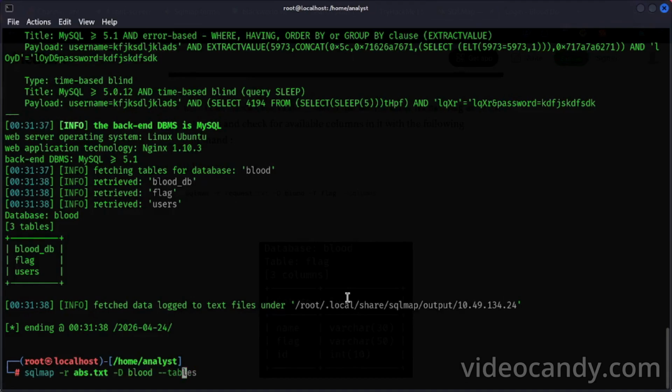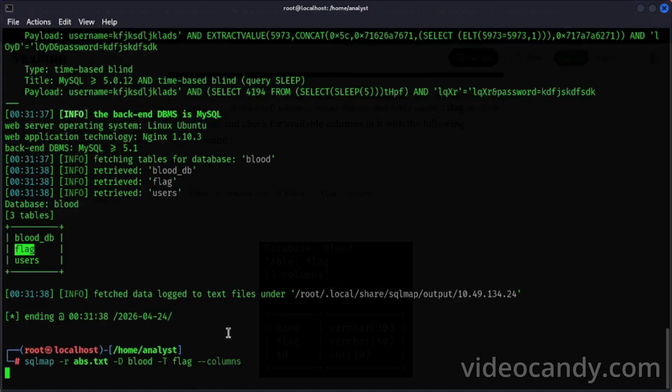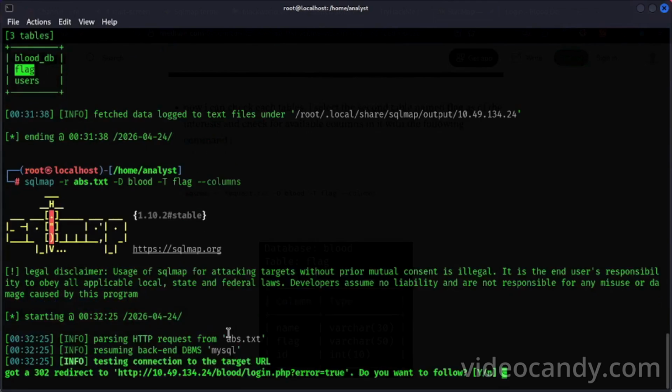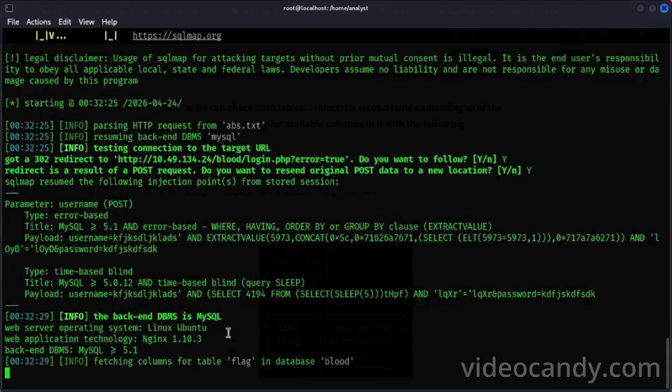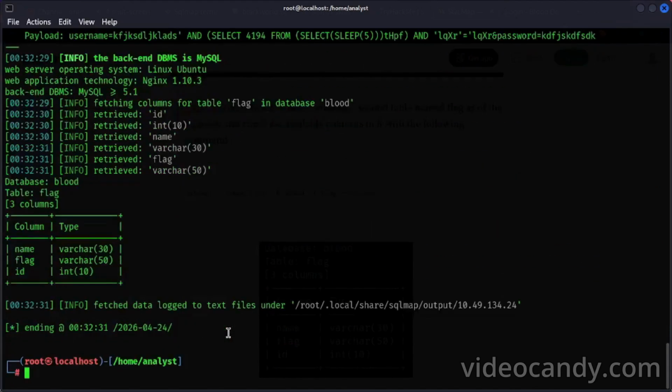So sqlmap -r abs.txt -D blood -T flag and --columns. We have to say yes to everything, and we get the column types.